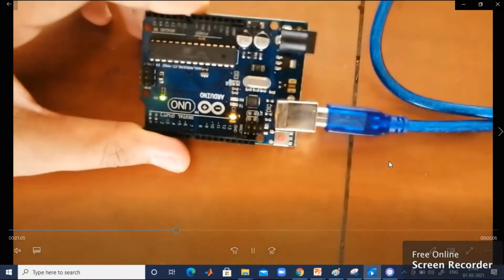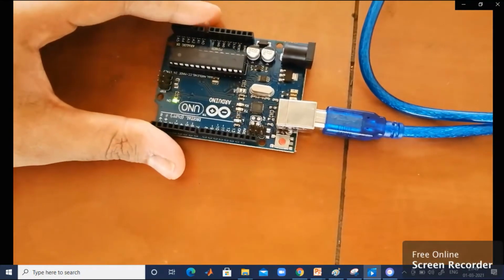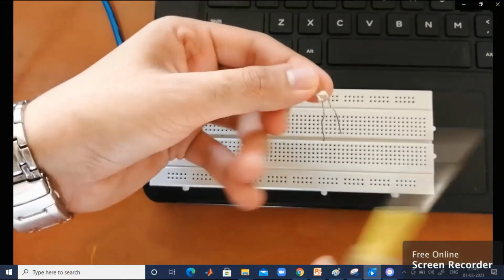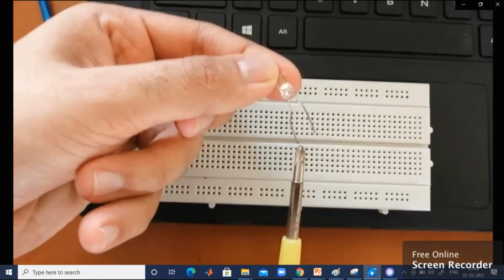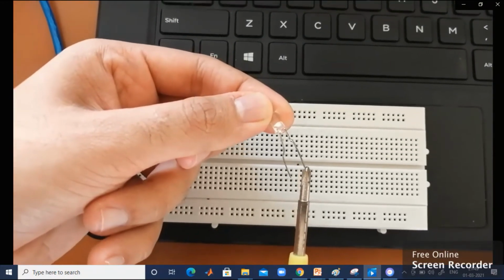As per the program, we are maintaining pin 13 as an output. That means we are going to control the direction. Okay, that means 13 as an output. So you can observe the LED. The longer pin will be the positive and the shorter pin will be considered negative. That you have to remember.